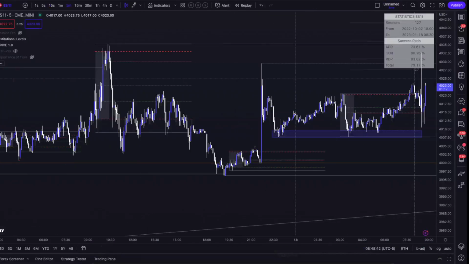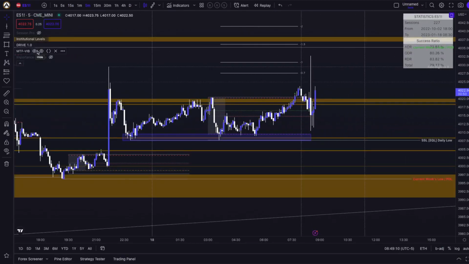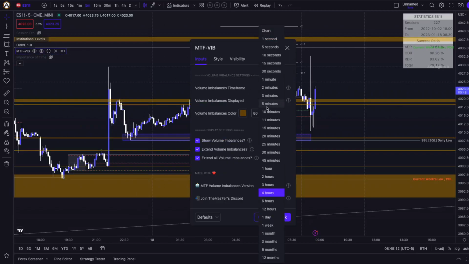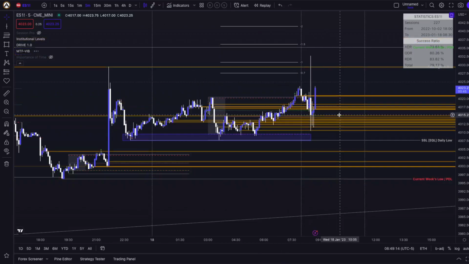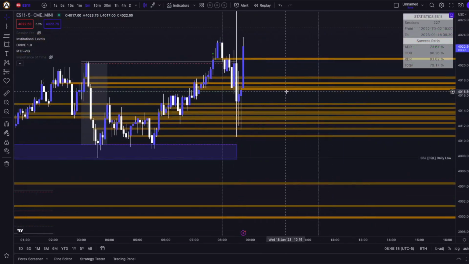All right, so let's keep on watching our beautiful S&P 500 volume imbalances. Let's check back for the 5-minute volume imbalances and see what we're looking at. Lots of volume imbalances, double volume imbalances basically. Right here, this area, we filled in all those volume imbalances with 3 big wicks to the downside, which could be a sign for a